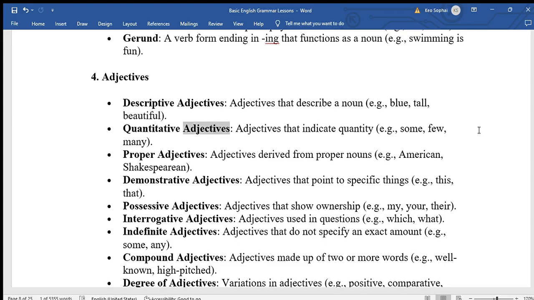Quantitative adjectives, adjectives that indicate quantity, example some, few, many. Proper adjectives,